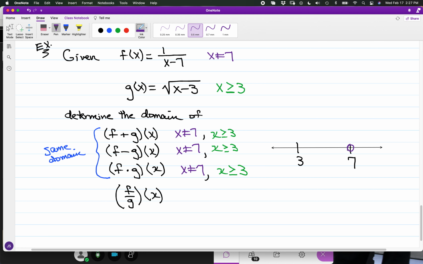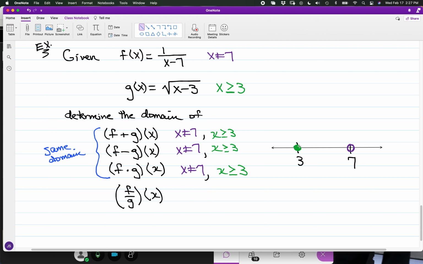So we have a hole on 7. Now for x greater than or equal to 3, we have equal to 3 in the inequality statement. So 3 is going to be included. Now everything else that we have for x so far had to be greater than. Well, guess what? If we proceed to the right,